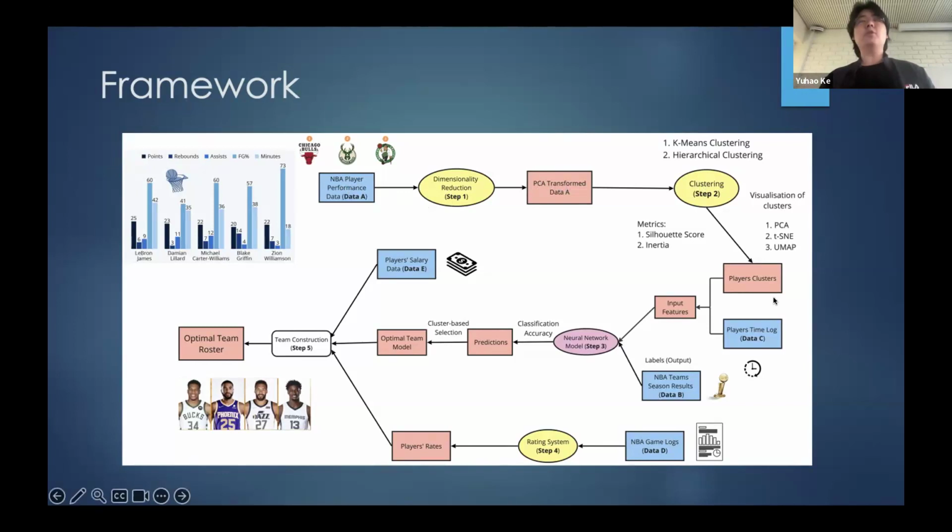And then we can label the players with their group, and we can do the third step, which is the neural network model. And this one is a tricky one. We use that to build a model that can predict the overall performance of a specific team. And once we have this one, we can construct our team based on this model. And the fourth step is the rating system. We also provide a rating system that can rate the players according to their